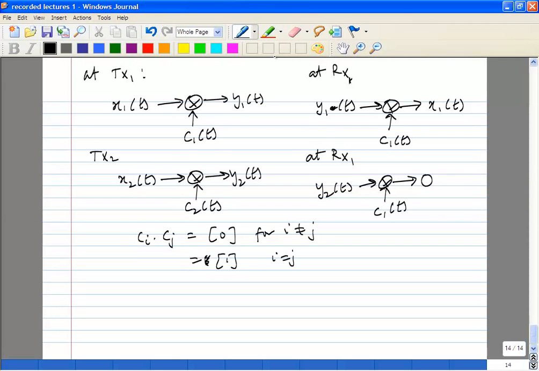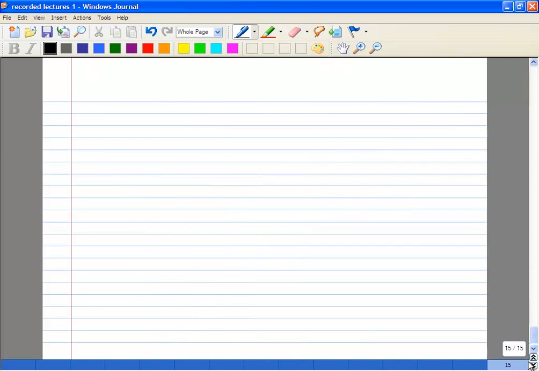Examples of orthogonal codes, you can come up with a number of them. One example is of course 1, 1, 1, minus 1, a 4-dimensional code, 1, minus 1, 1, minus 1, 1, 1, minus 1, minus 1, and 1, minus 1, minus 1, 1. Okay. The other interesting thing is these codes can be used to